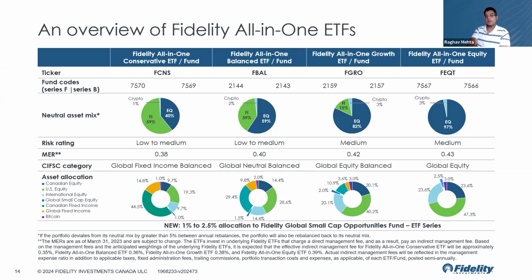They actually helped push the portfolio forward from a total return standpoint, even the last couple of quarters. And then one more note as this pops out through the neutral asset mix. Can you speak about how the crypto side is managed? Are there any guardrails on that? Is it simply Bitcoin, or what else goes into that? If you can just speak a little bit as to how the digital currency side of things is managed with